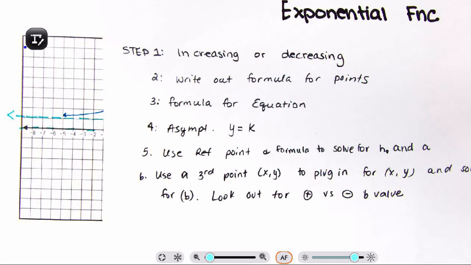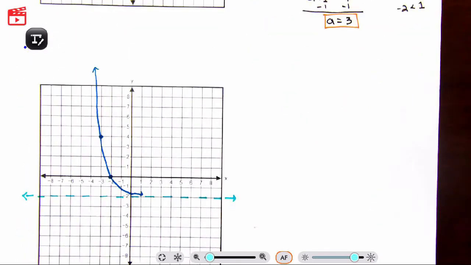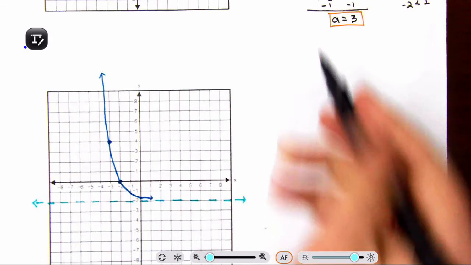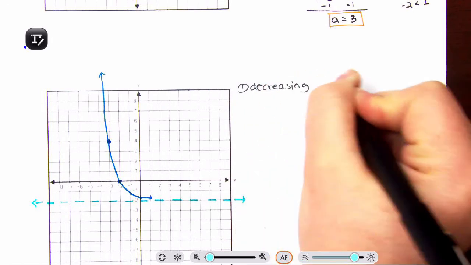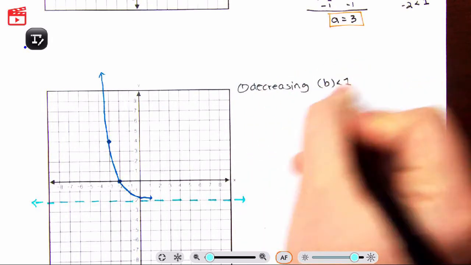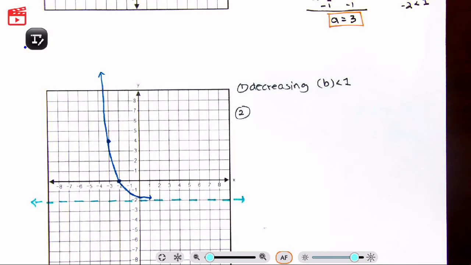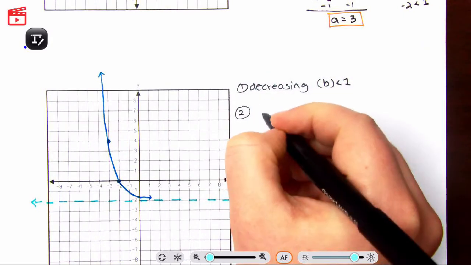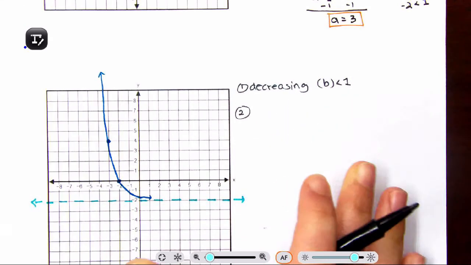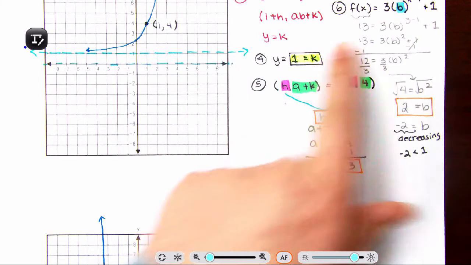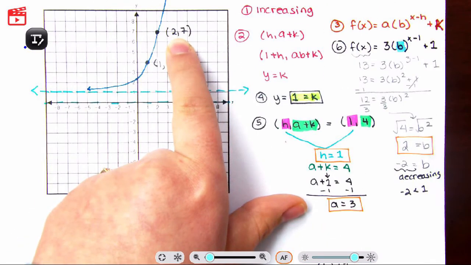All right, let's use those steps in our secondary example to write the equation. Step number 1 is we need to determine if this is increasing or decreasing. In this case, it is decreasing. So we know that our b value is going to be less than 1. We also know that we are using our secondary equations. So what do we have here? And you know what, you guys, I realized that for our third point, we could have used the 2, 7 for our secondary point because we didn't use